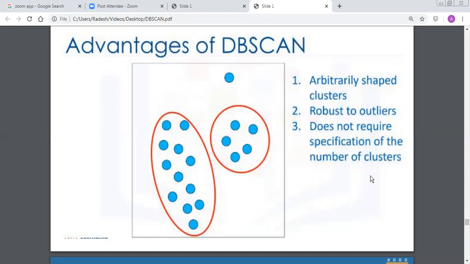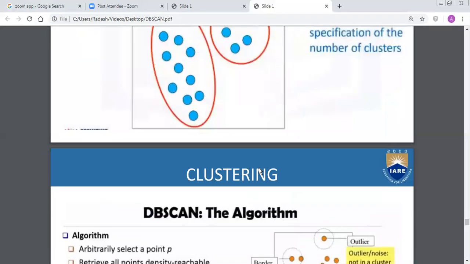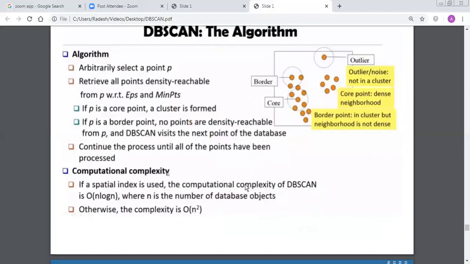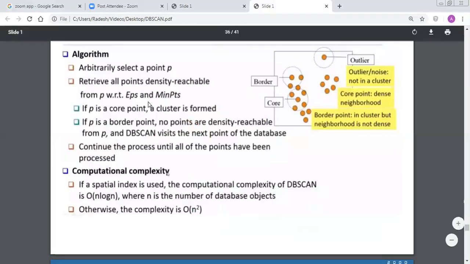In k-means and hierarchical clustering, we need to have the predetermined number of clusters. In k-means, we need to specify in advance what k is and how many we want. K represents the number of clusters the data set needs to be divided into. Whereas in this one, there is no need to mention the number of clusters. So this is the DBSCAN algorithm. Let us go through this algorithm and conclude today's class.